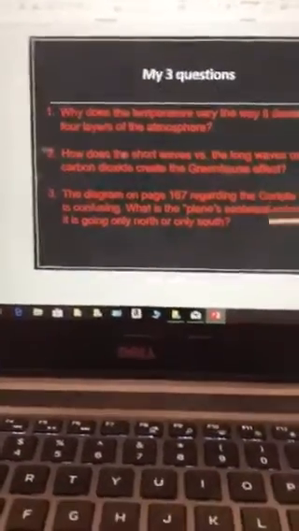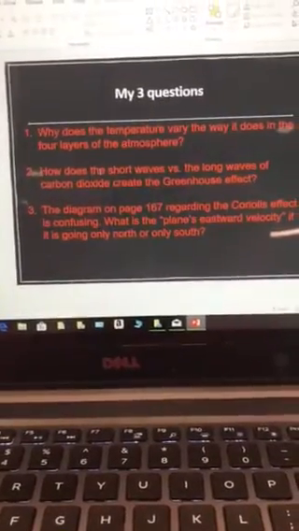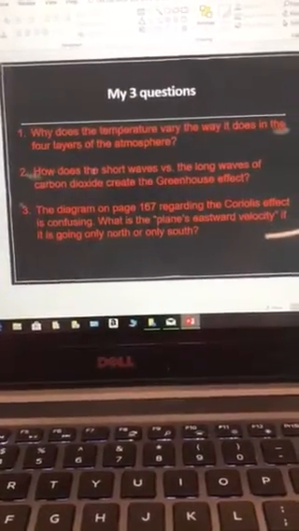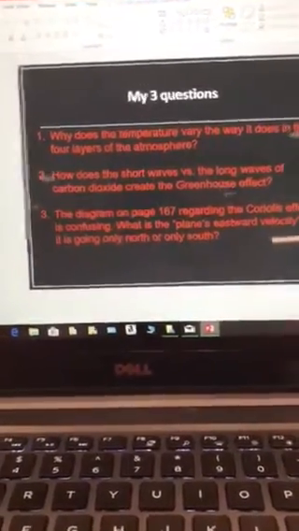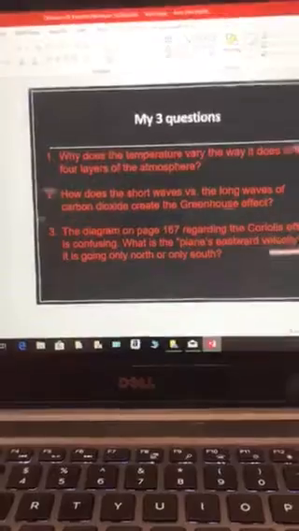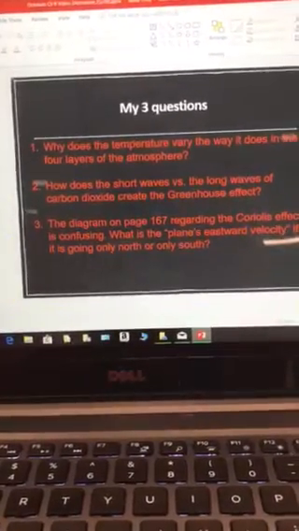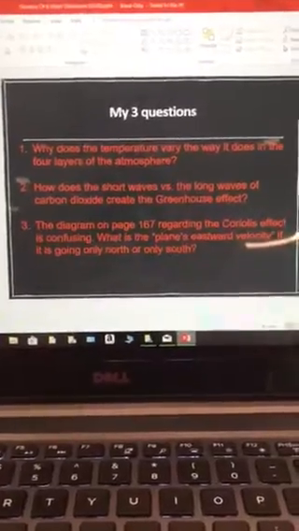Three quick questions I have are: why does the temperature vary the way it does in the 4 layers of the atmosphere? How do the short waves versus the long waves of carbon dioxide create the greenhouse effect? Like I said, just from my previous experience with science classes, I thought the greenhouse effect was really interesting, so I enjoyed reading a little bit more about it